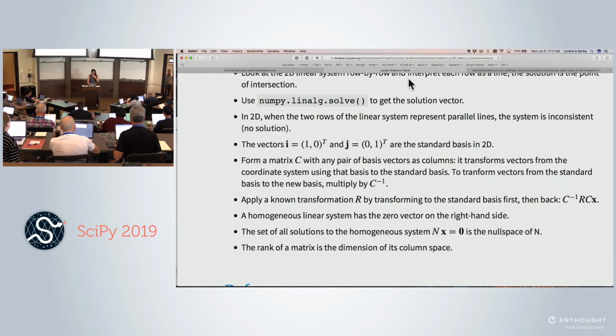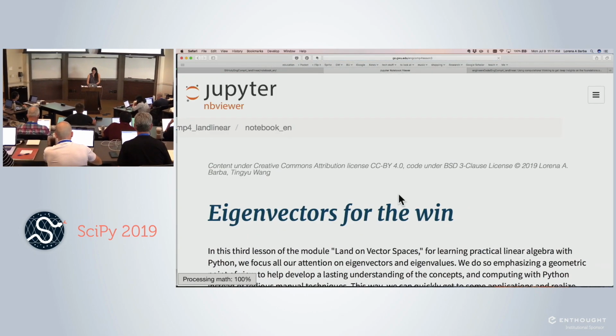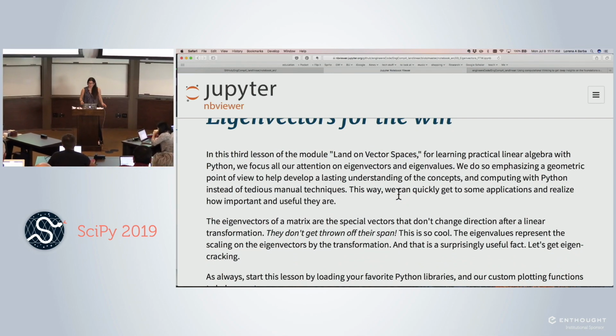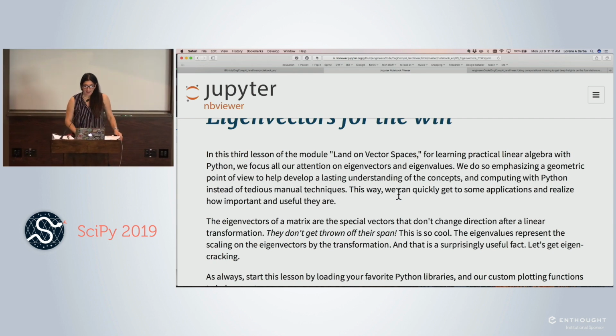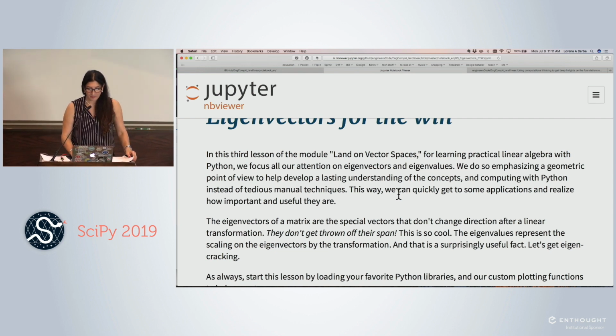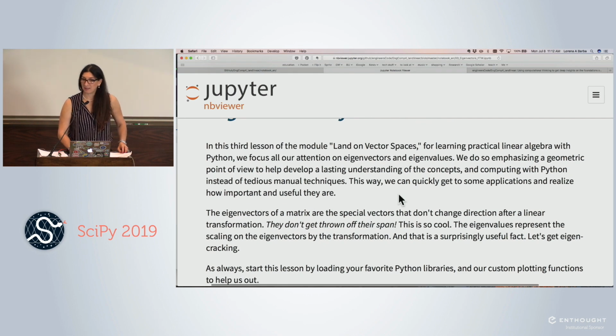So let's pull up the 3rd lesson of our little collection, eigenvectors for the win. All right. We saw before this very interesting behavior of a couple of vectors in the two-dimensional case. We started by looking at all the unit vectors around a circle, and we saw that they were transformed into unit vectors around an ellipse, and the semi-major and semi-minor axis of that ellipse corresponded to these special vectors that don't get thrown off their span, and the effect of the matrix on them is just to scale them. This is, in fact, very, very useful, and we're going to dedicate this 3rd lesson to